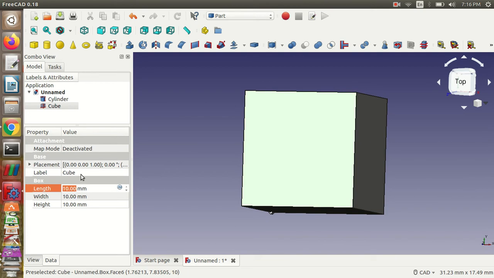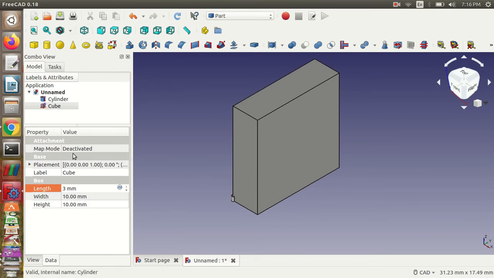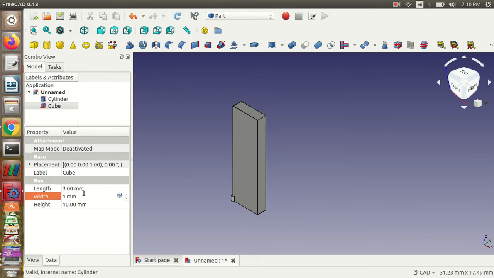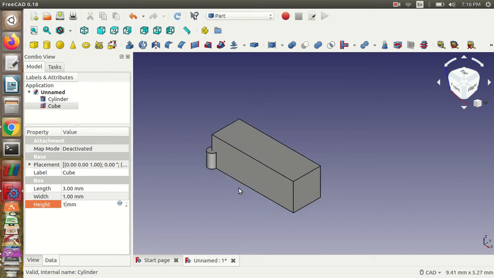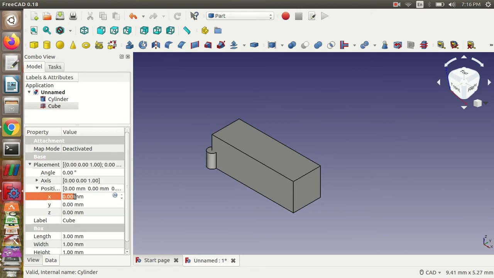The rectangular object is going to be of size 3 meter in the length, so I'll just keep it like this, and 1 meter in the width and 1 meter in the height direction. Now we are just going to place this at 0.5 meter from the horizon.